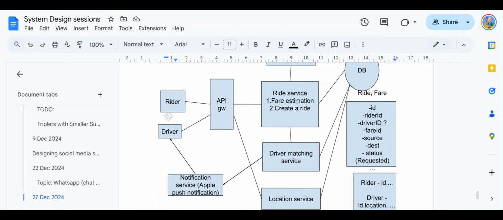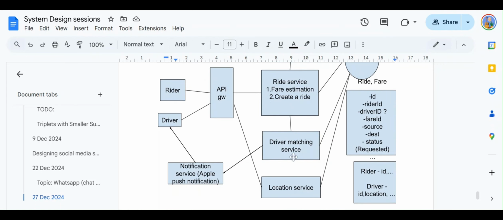Two riders are requesting a ride and two drivers are in the vicinity, for example. Now what happens is that both requests are matched by the matching service, but one driver is picked because he's the topmost driver based on the ranking algorithm, for example, right? So the same driver will be sent two requests, correct?